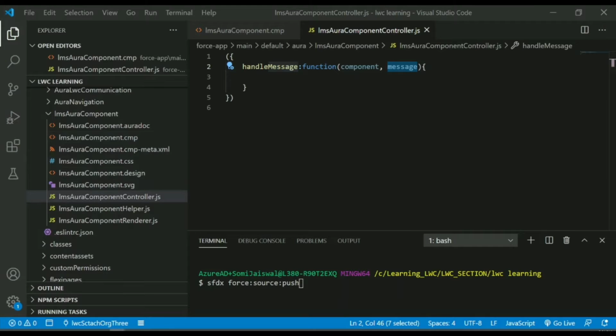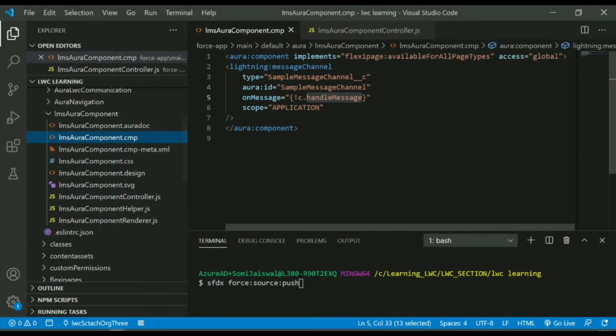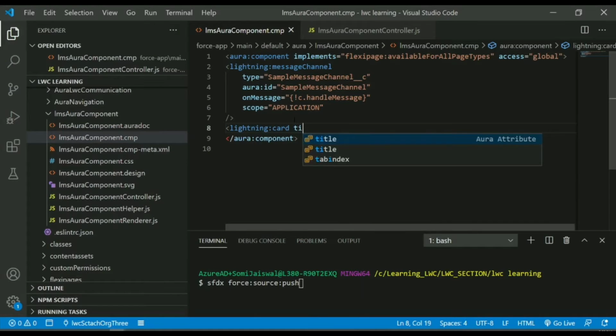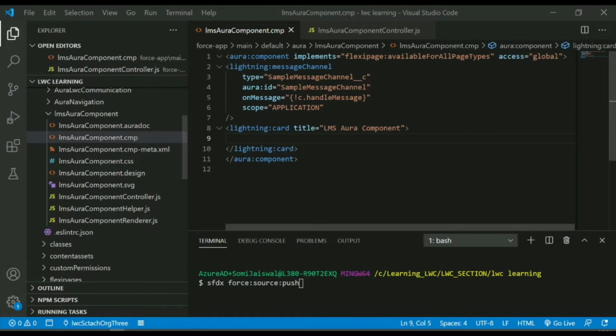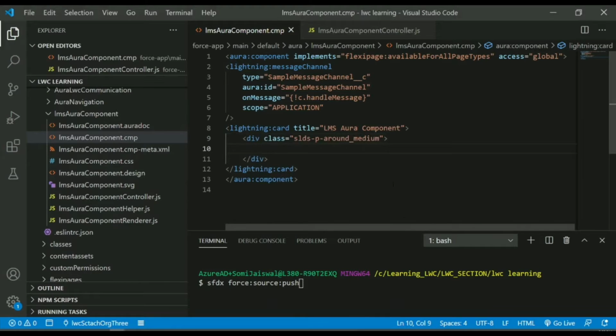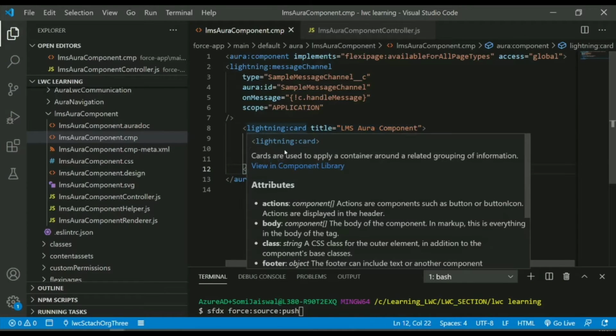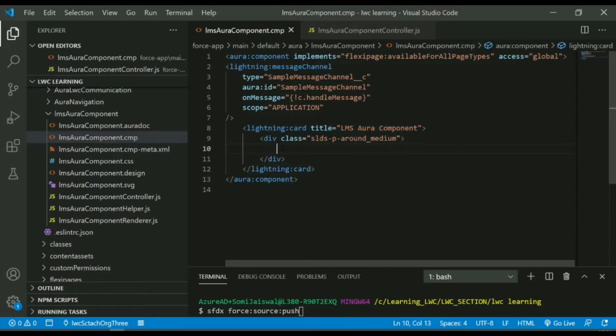The second thing we want is to publish the message from here as well. For that, what we're gonna do is we'll create a lightning:card in our component, and I'll say title LMS Aura component. Within this card, we're gonna add some padding around of medium size. This is the standard way of designing our page usually. So we give the card, we give some padding, and then we'll create a label,